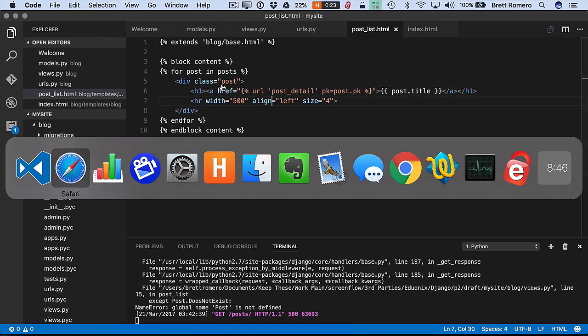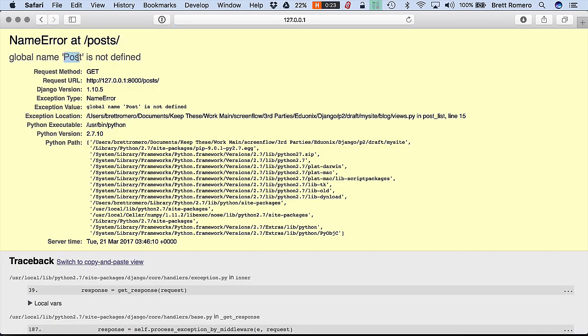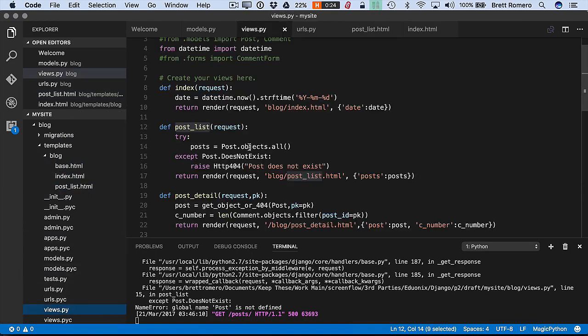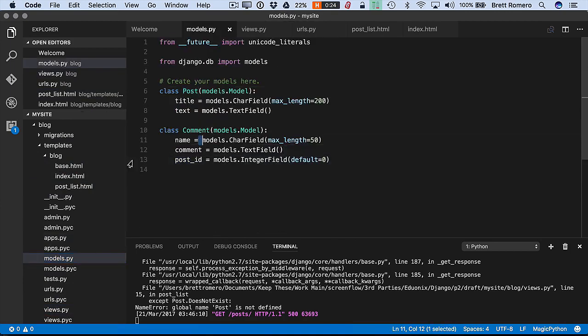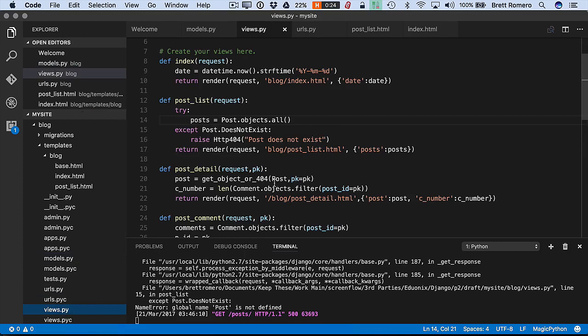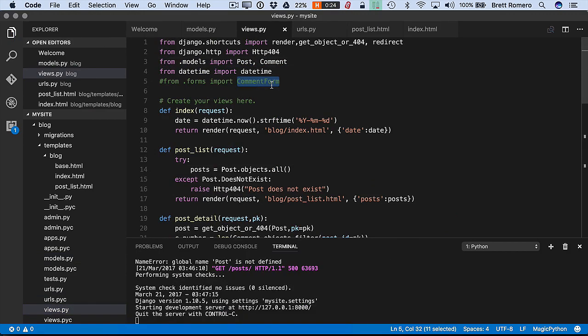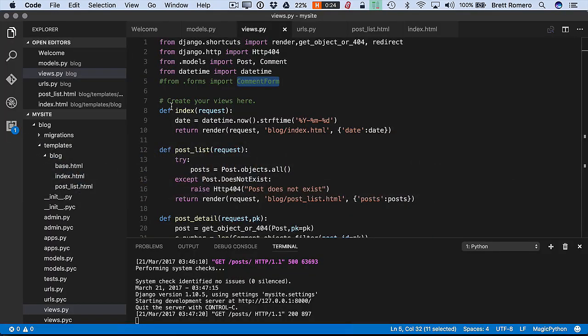So we should see this page now. Let's see if we refresh, click. So post is not defined, post with a P. Let's see here, line 15 out of views. And if I go to our views, right there. So if I look inside of models, we have a post, we have a comment. So that should start connecting up. And right here, we need to bring that in. We're going to want to start bringing our comment forms in. So it looks like this is still okay. We go back, refresh. All right, so there's nothing rendering out there because we don't have anything in our database,